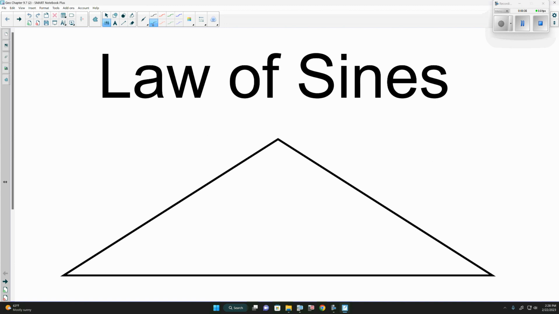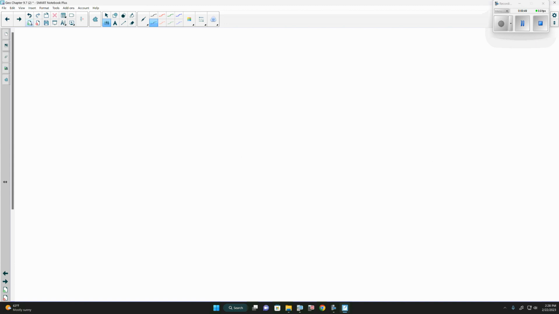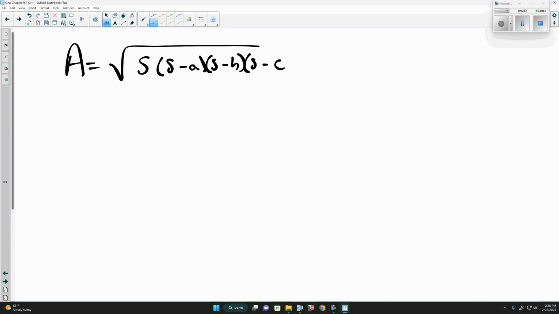Hopefully y'all notice with yesterday's assignment with areas of both, it's really just formula based. Because Heron's formula, you find the value of S, which is all the sides added together divided by 2, and then plug that into the area formula, which is area equals the square root of S times S minus A times S minus B times S minus C. Take the square root of the whole thing, and that gives you the area. So just plug in the information. Now,